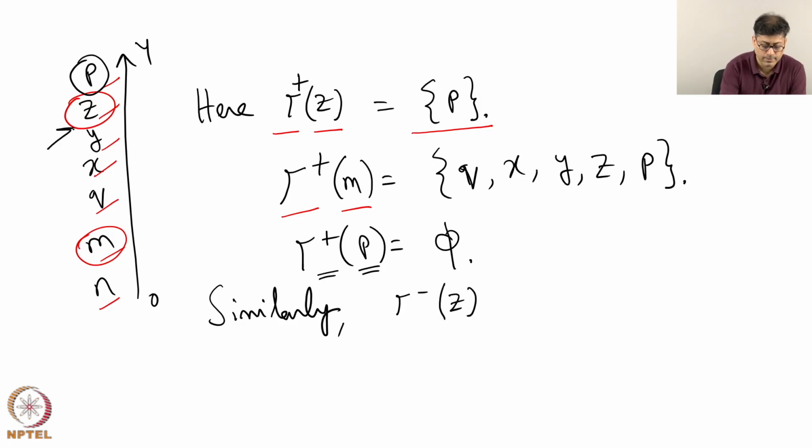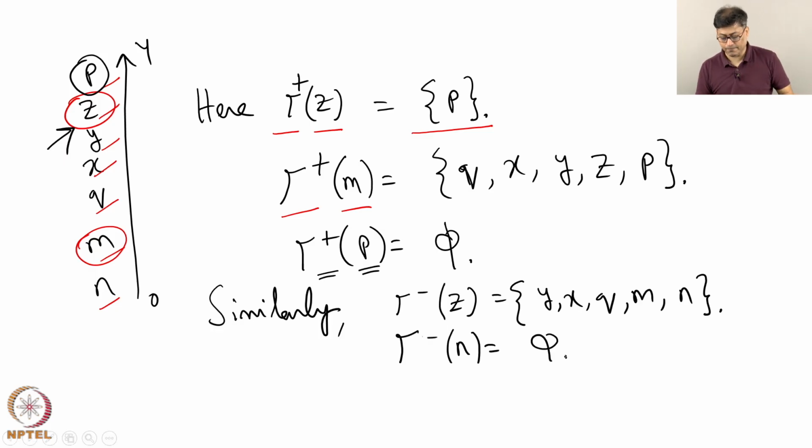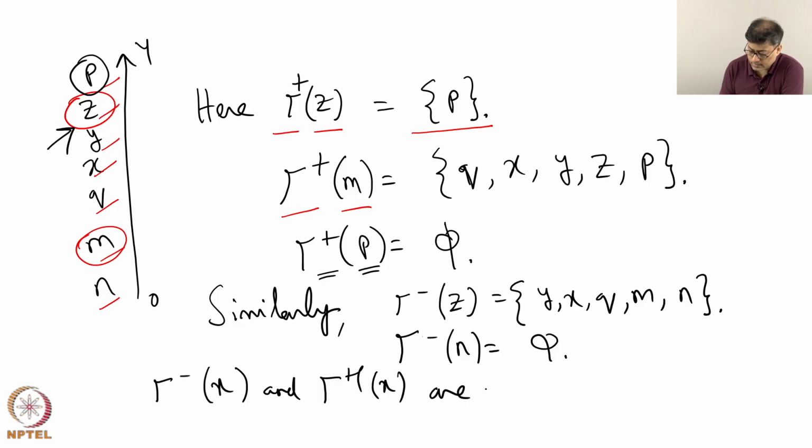Similarly, this symbol and z, it will give y, x, q, m and n, and this will be a null set because below n nothing lies. What we observe is that these are subsets of